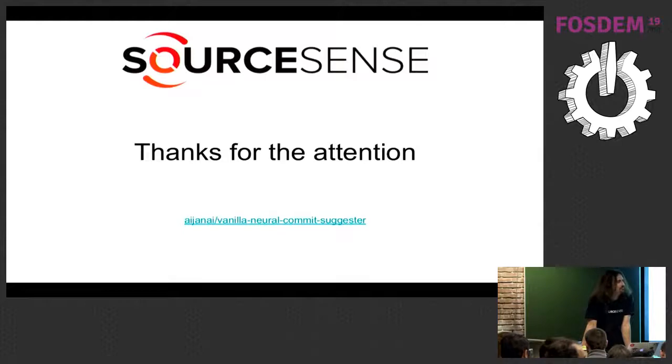I don't know if it's relevant, but is it possible to use adversarial networks for this kind of problem? Used for images, but. Okay, so the question was if it was feasible to use generative adversarial networks, which are a kind of neural network architecture in which you have two networks which play a game, one against the other. One tries to generate a nice sentence, and the other one has to detect if it was generated by a human or by a machine. And so you have a generator and a discriminator which tries not to get fooled by the other. And in the training, they compete to be better.